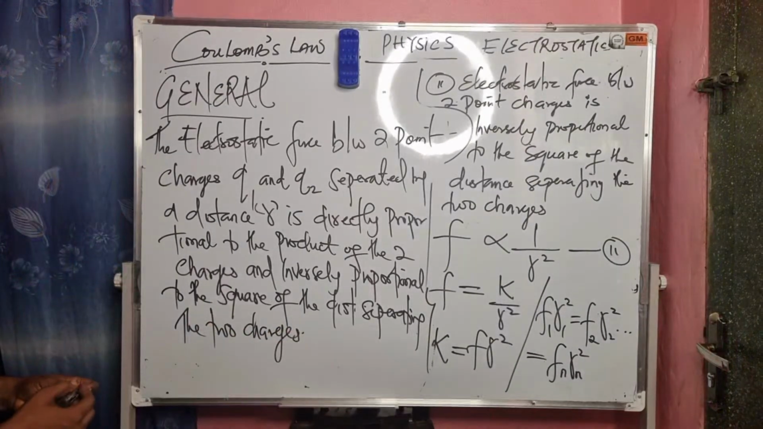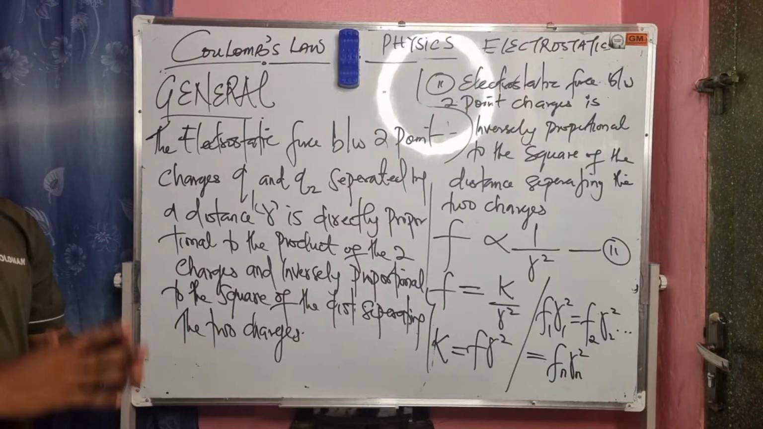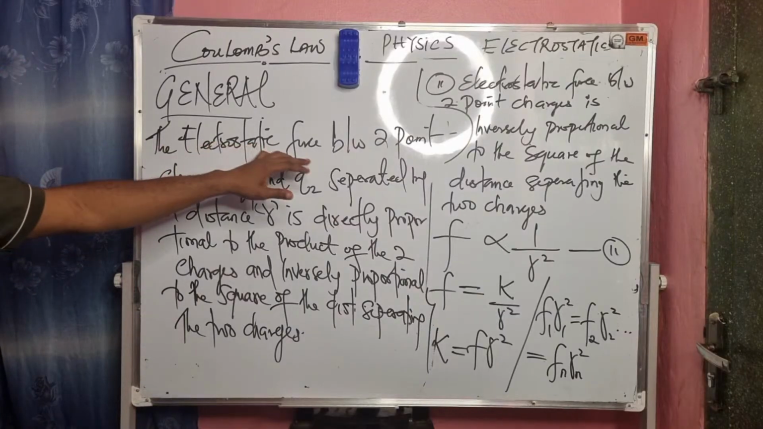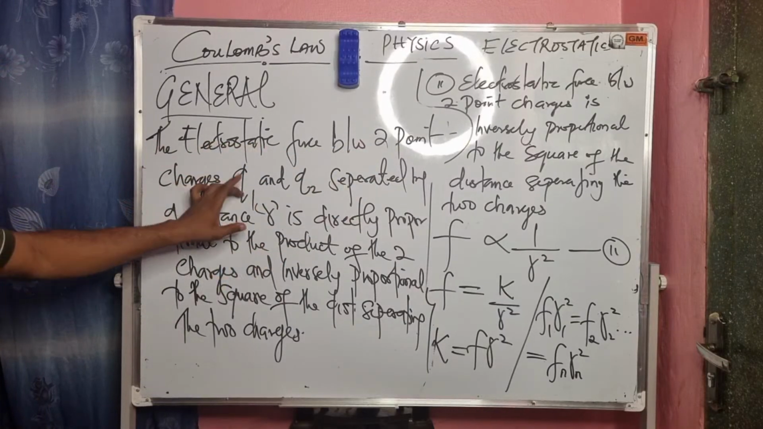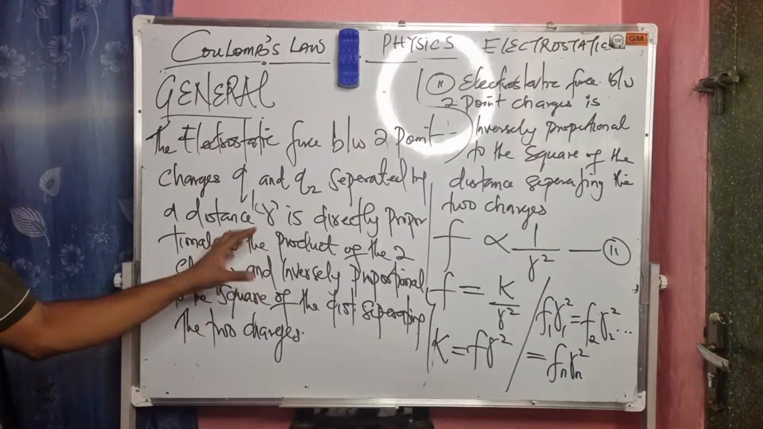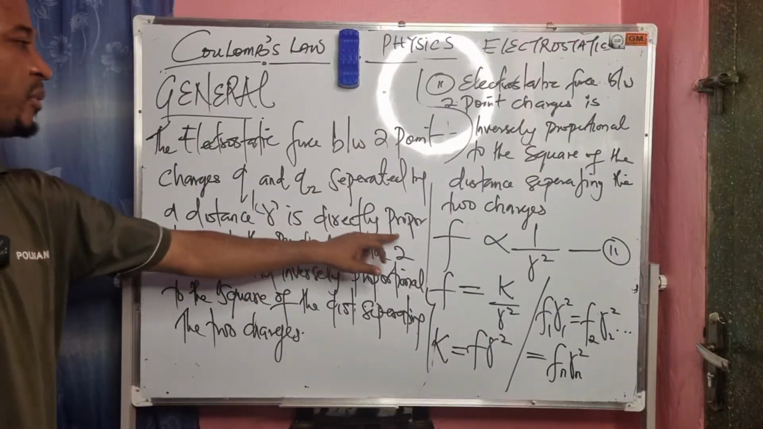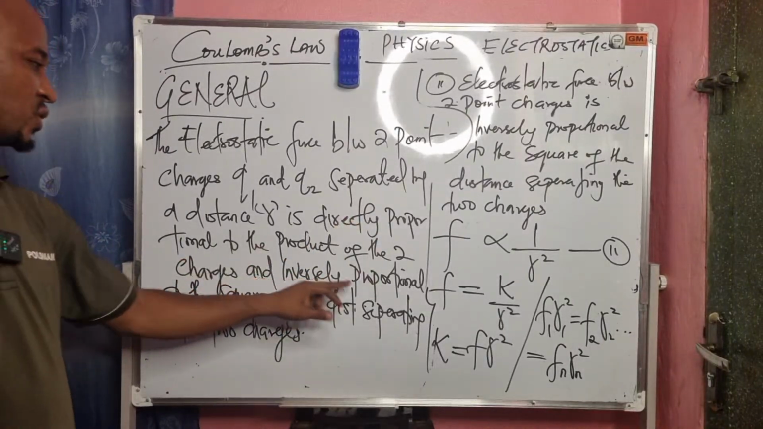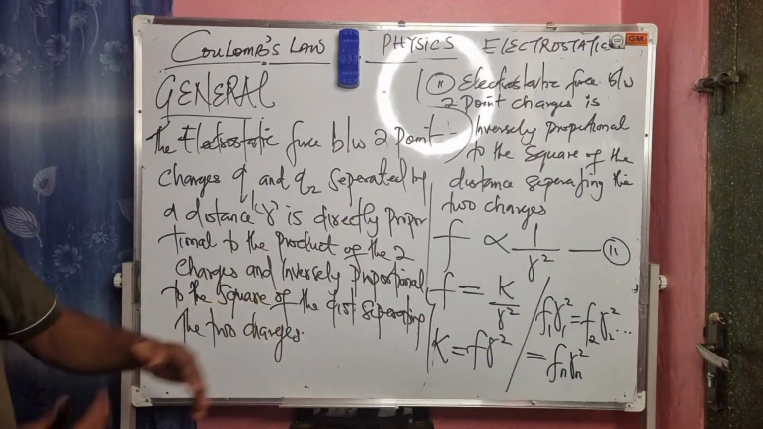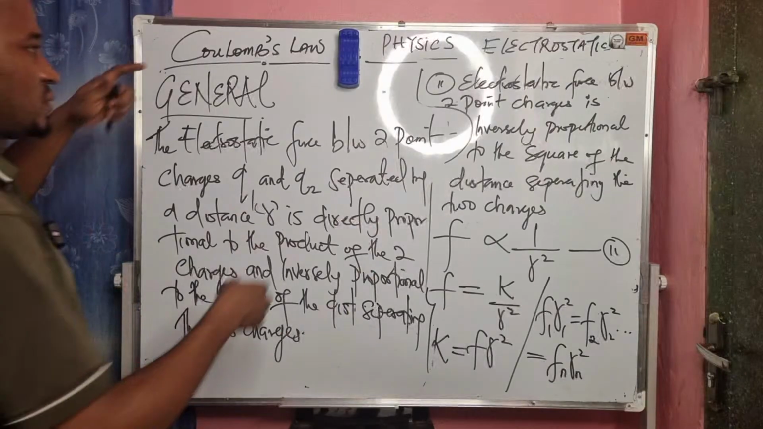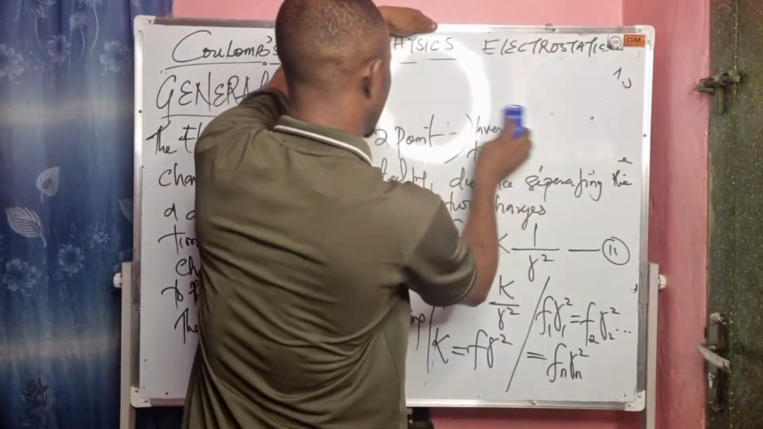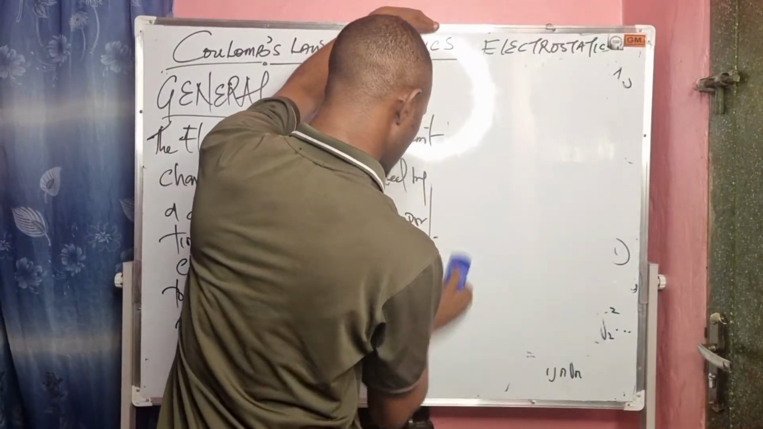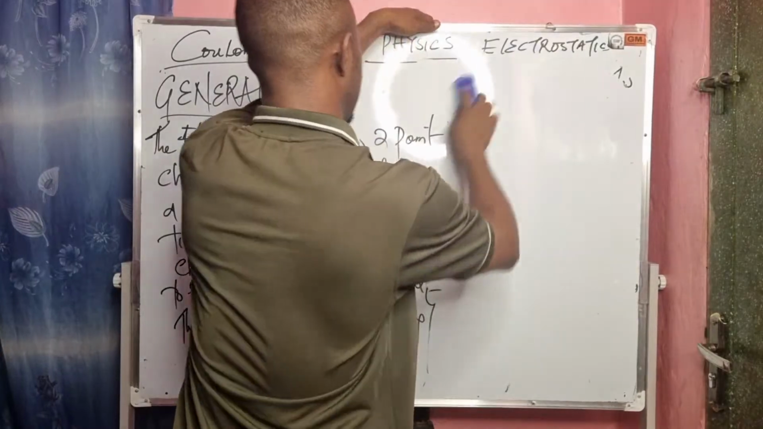Now, what you notice is that we combine the first and the second to get the general Coulomb's law. The law states that the force of attraction or repulsion between two point charges Q1 and Q2 separated by a distance R is directly proportional to the product of the two charges and inversely proportional to the square of the distance separating the two charges. Now, what is the implication of this law? What are we saying here? The law is saying